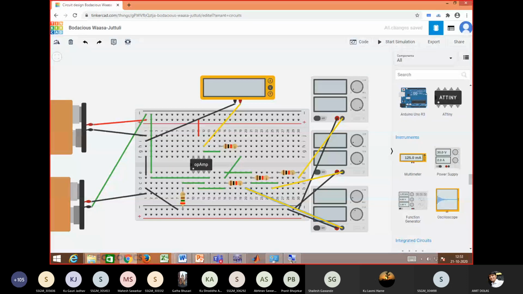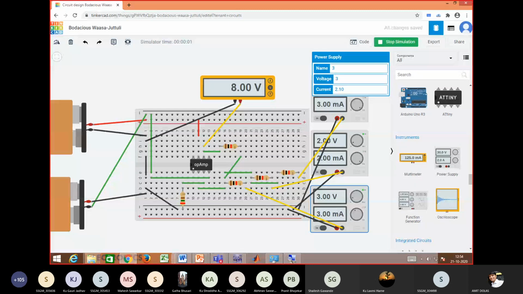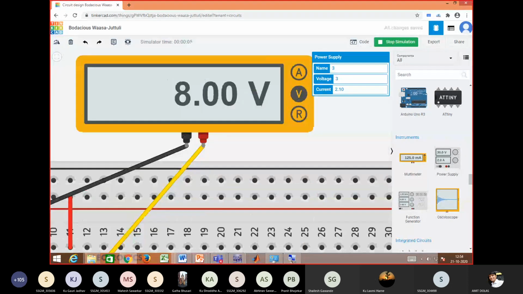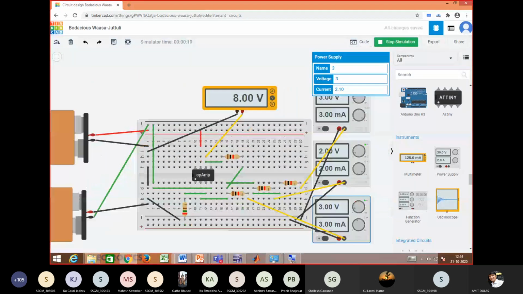Then what is happening here, whatever value I'm giving here, suppose this is 3, this is also 3, this is 2, so 3 plus 3 is 6, 6 and 2 is 8. If I simulate it, taking the minus value, minus into minus becomes plus, and the output is now 8, with inputs 3, 3, 2. So the output is 8. You have to do it this way.